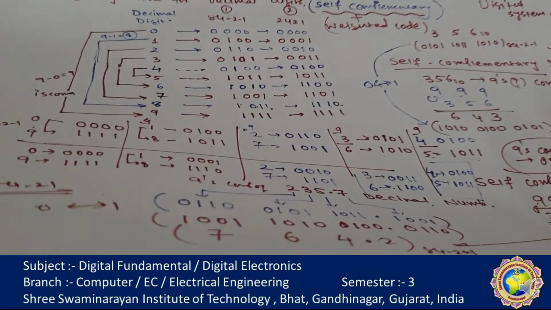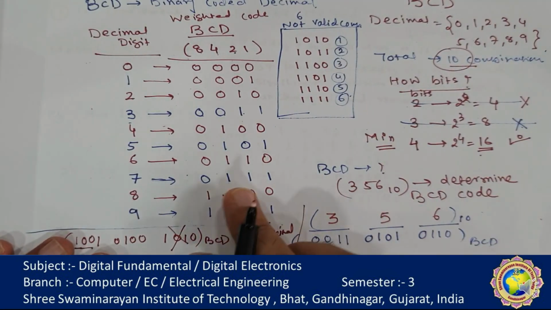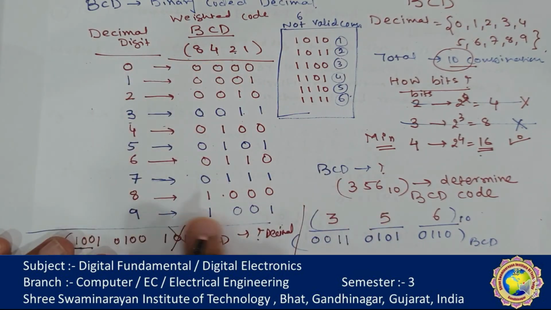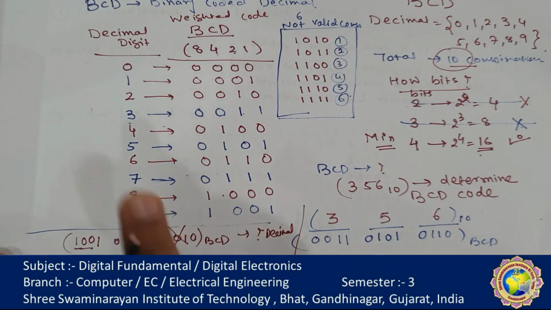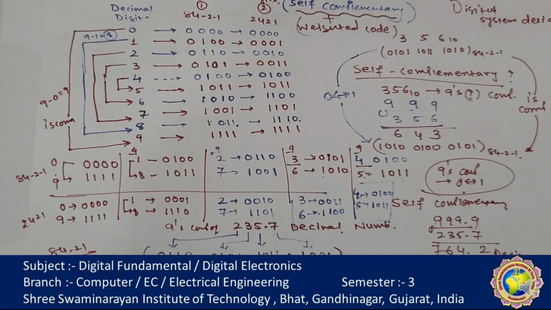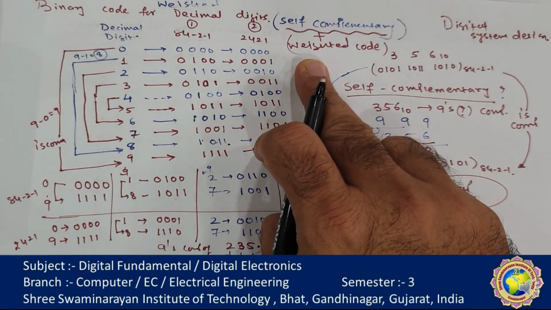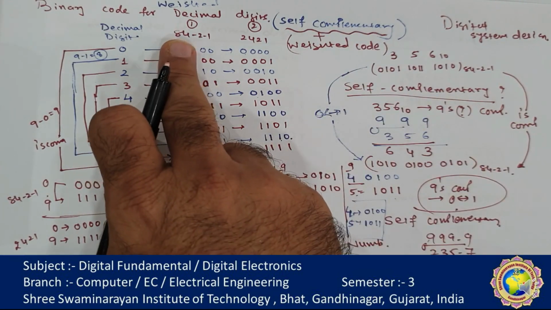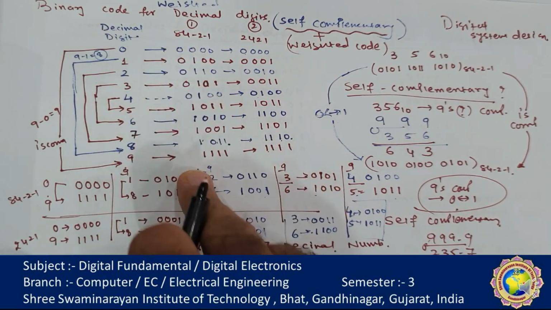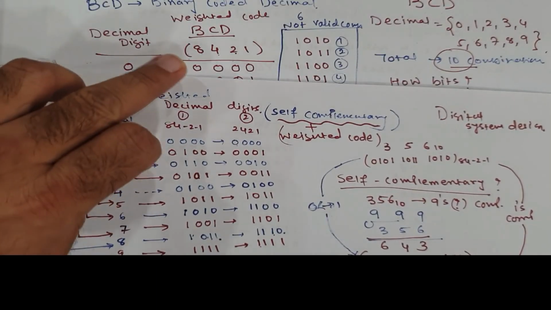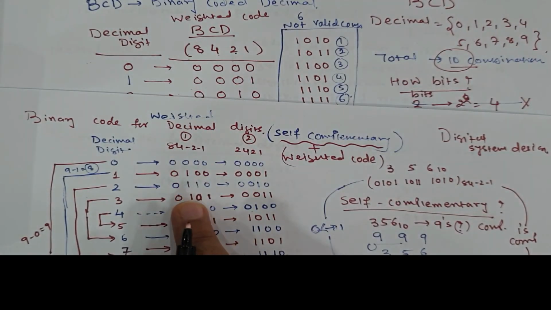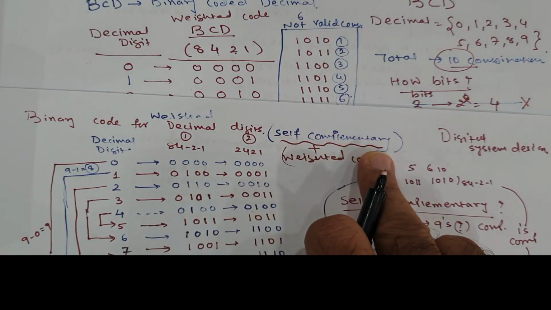BCD number is not a self-complementary code. It is a weightage code but not a self-complementary code. In BCD, for 0 0 0 0, the 9's complement is 1 0 0 1. So this is not a self-complementary code. While 8 4 minus 2 minus 1 and 2 4 2 1 are weightage as well as self-complementary codes. Sometimes in the exam they ask what is the difference between 8 4 minus 2 minus 1 decimal digits and 8 4 2 1 digits. So this one is only a weightage code and this one is a weightage plus self-complementary code.